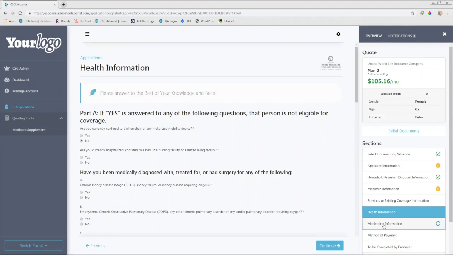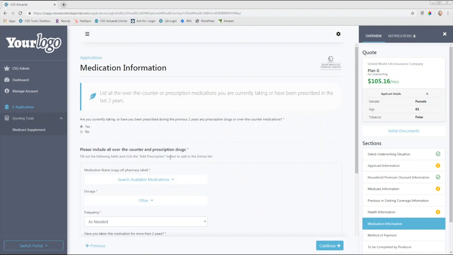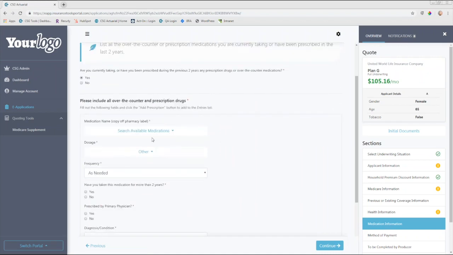So we'll go ahead and move on to the medication information. Just like with the health condition information, it is going to tell us if we enter a drug that would potentially be a declinable medication. So we'll ask if we're currently taking or if we've been prescribed any drugs. If we say yes, we're going to get this drop down. And this is where we can actually add in any medications. So we'll search right here